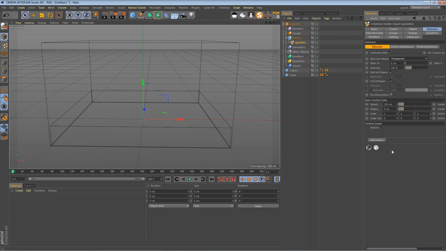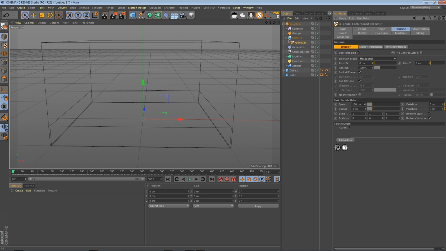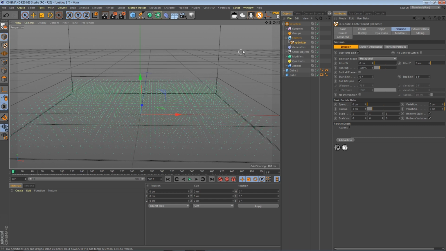And the hexagonal, you will see what it does basically. But before I click play, what we need to do is take off any speed. We don't want to have any speed happening on these, and we don't want to emit everywhere, we want to emit only on the first frame. All right, so if I click here, you can see it generates a grid,